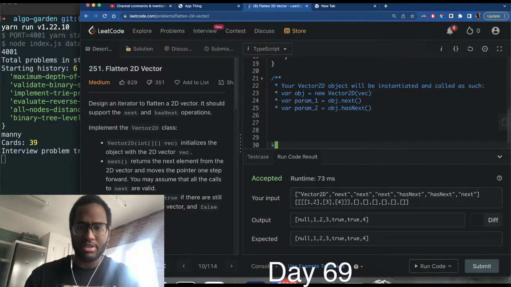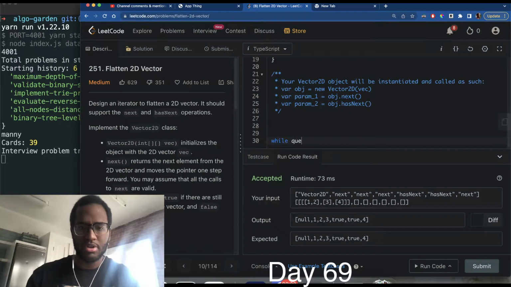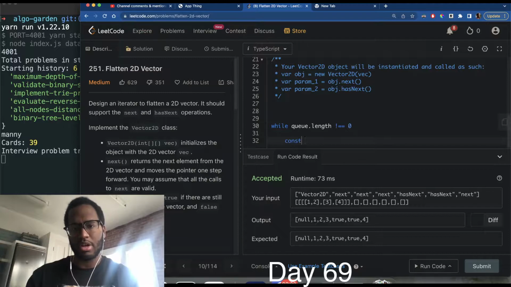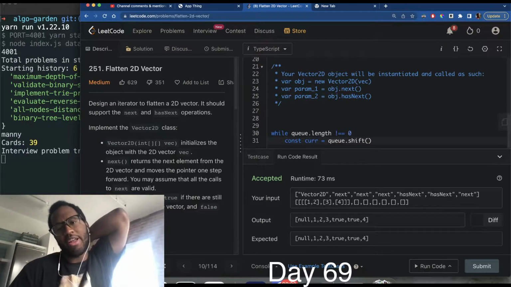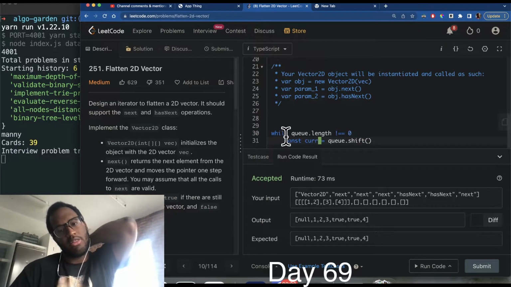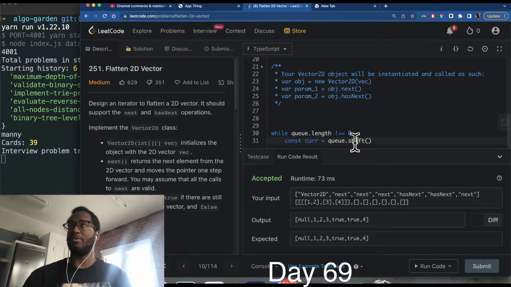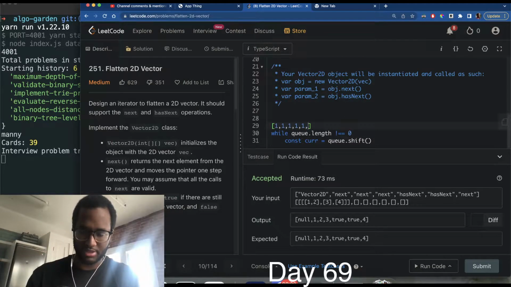So it's something like while queue.length does not equal 0, and then you would do something like const cur equals q.shift. The problem, as he mentions, is that technically, if you're working with a queue, shift means taking an element off the front of the array. If you take an element off the front of an array, consider if the underlying implementation